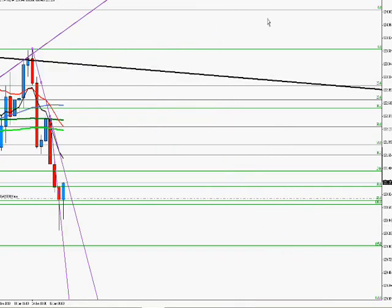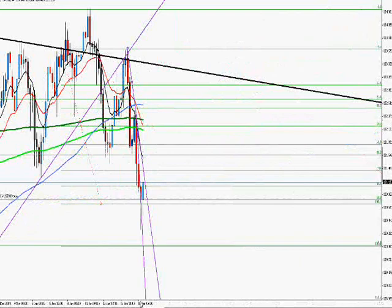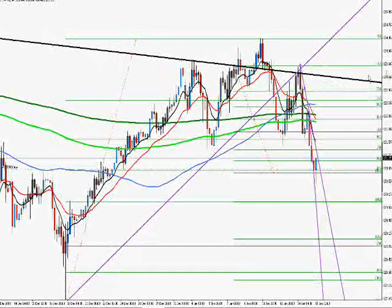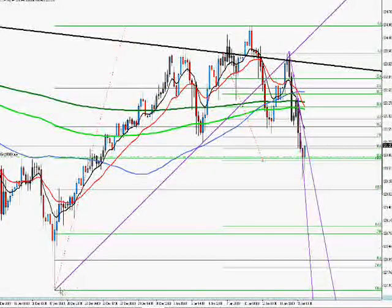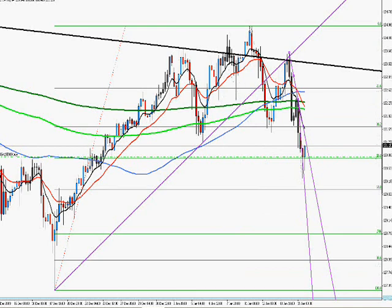This trade is the only trade we actually entered into during our session, and it was at the completion of what we call a Gartley pattern. And I go through this technique and method during my sessions during the New York time zone. However, we see that price retraced. I drew a Fibonacci level from the full length of this up movement of the euro yen. Price retraced down to a 50% retracement level, and we see that the downward trend has completed what I call an ABCD leg and completion here. We entered into our buy at this level, as you can see,